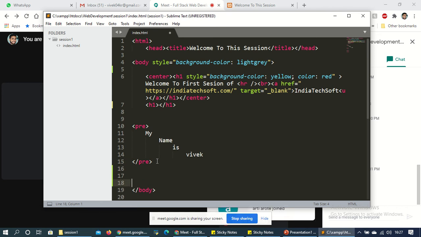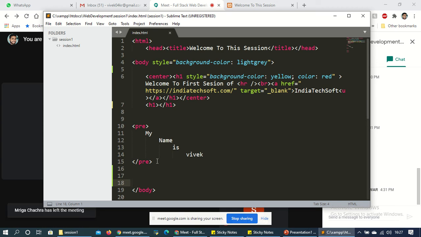Now after that, today we have used heading tag, paragraph tag, style we have seen, how to write any text in quotation, just like in double quote.